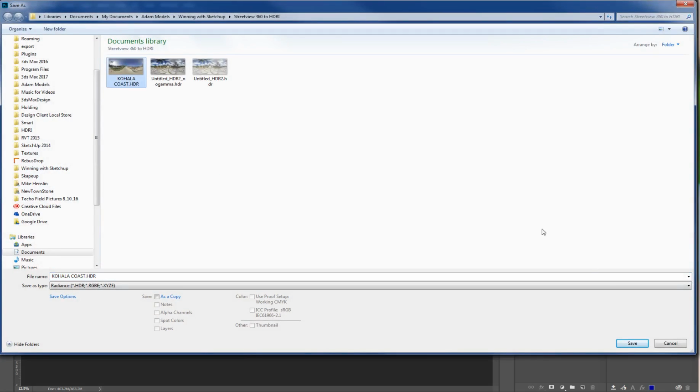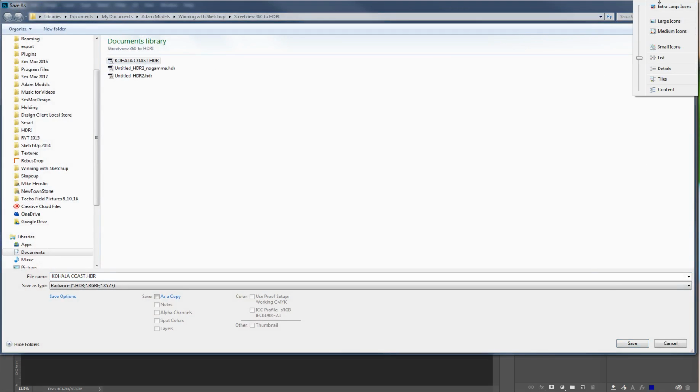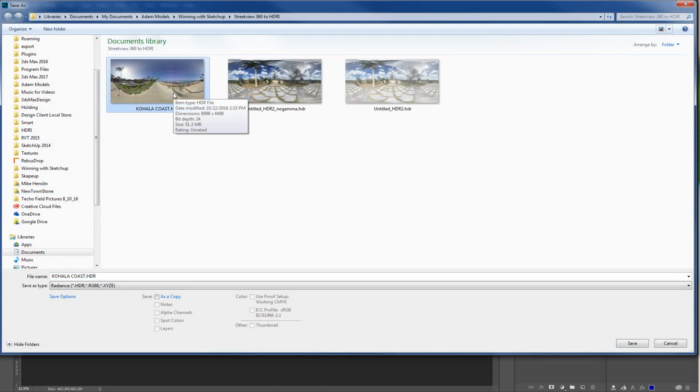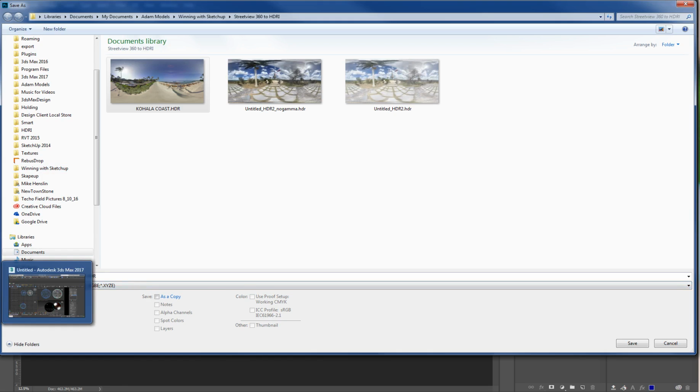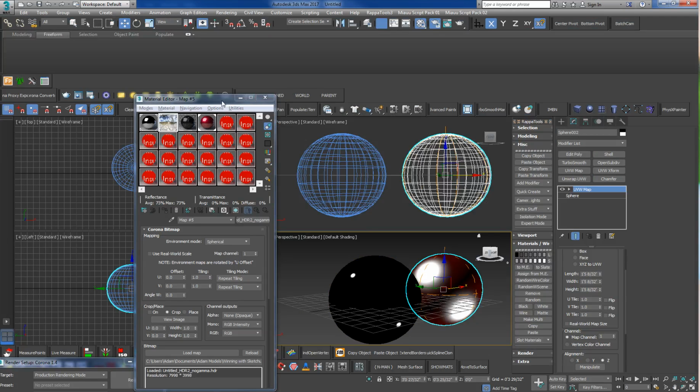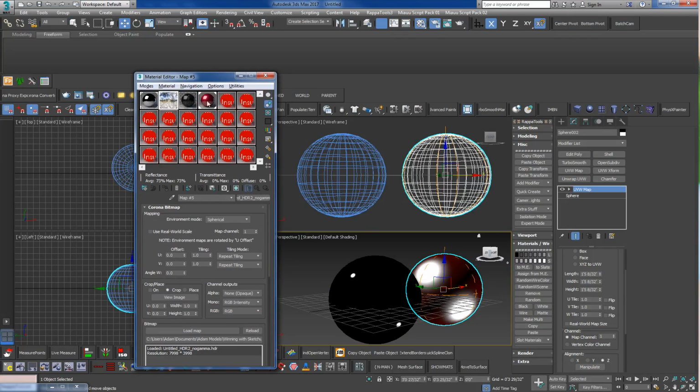And we can see our image here. So now we have our HDR, so we have our lighting that we can use in our scene, and I'm just going to jump over. I have a scene set up here in 3ds Max, and I'm just going to drop the lighting in here,